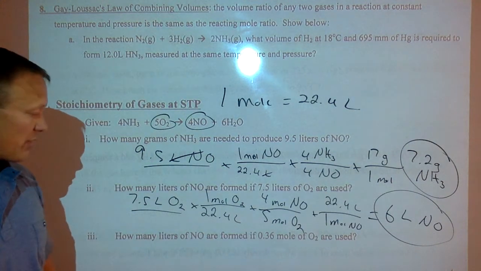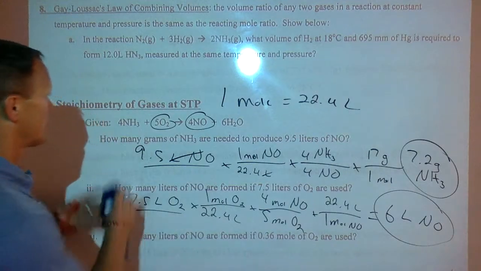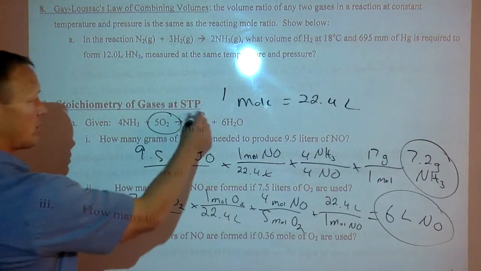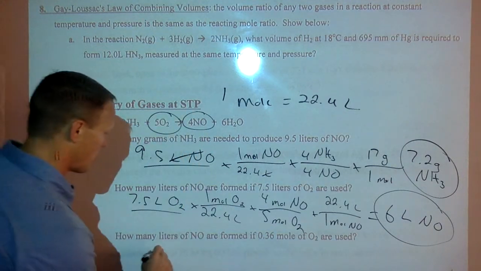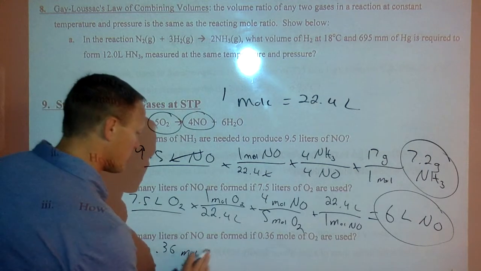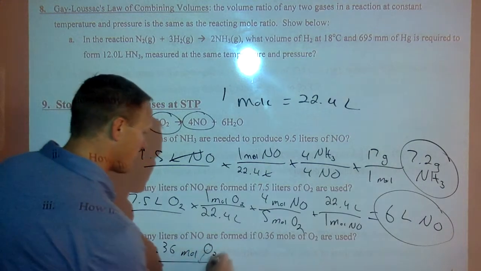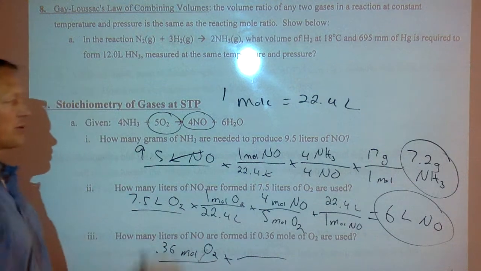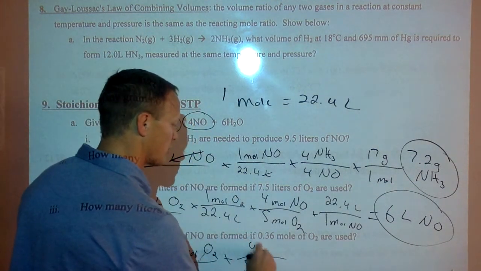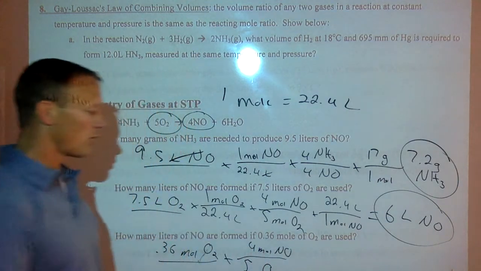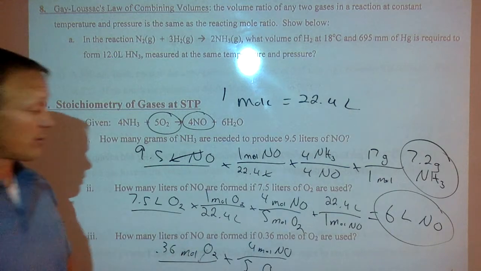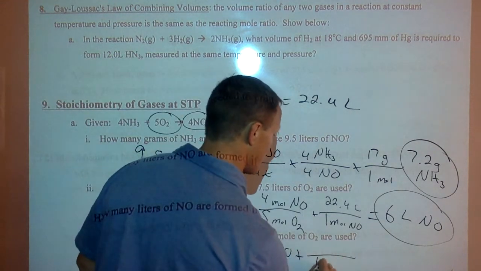Last one down here, you have 0.36 moles of oxygen. So we're going oxygen to NO again. So 0.36 moles of O2. Again, if you start with moles, you're going right to your ratio. For every 5 moles of O2, there's 4 moles of NO. Then it's asking for liters. Again, it could ask for grams, could ask for moles, we'd stop right there, but it's asking for liters. So then, since we're at STP, every mole